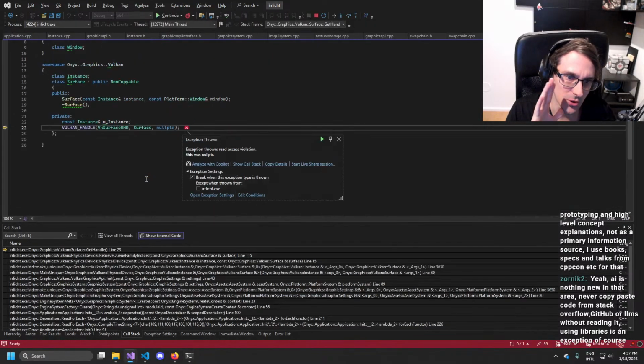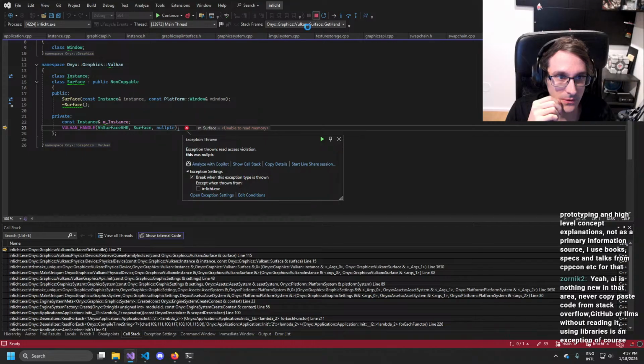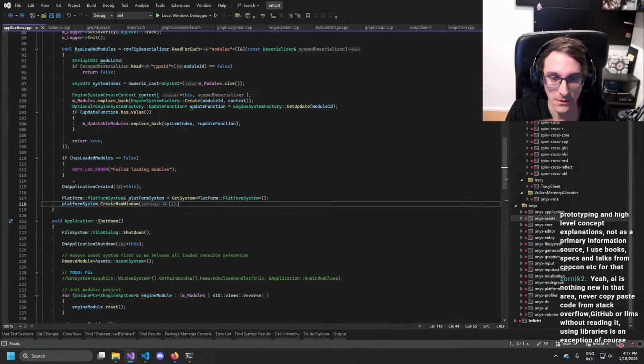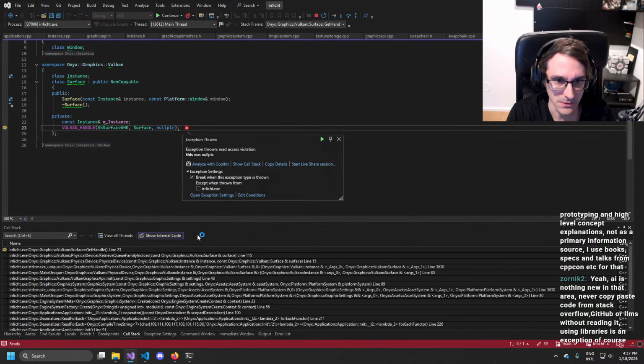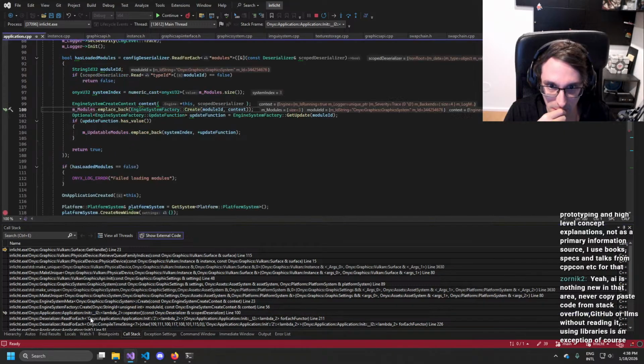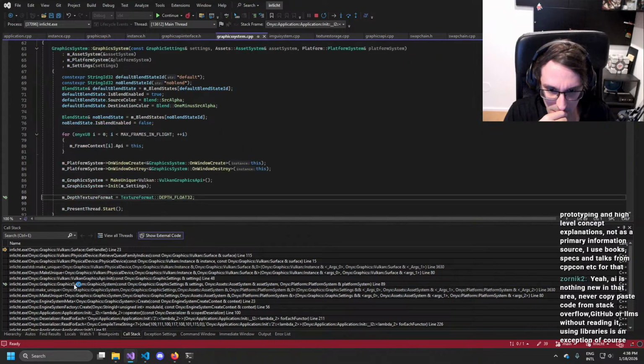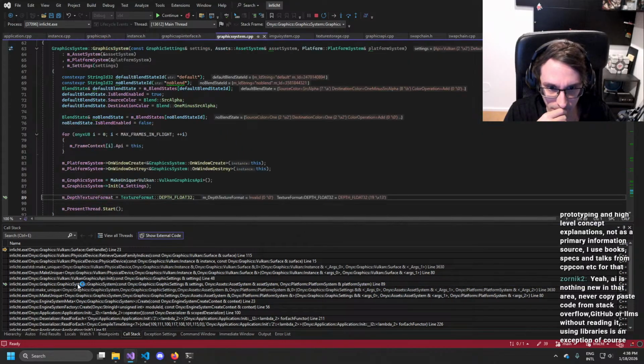So that should hopefully work, while it doesn't, of course. Well, I guess we don't get here, right? Yeah. Why? Modules init, graphic system.